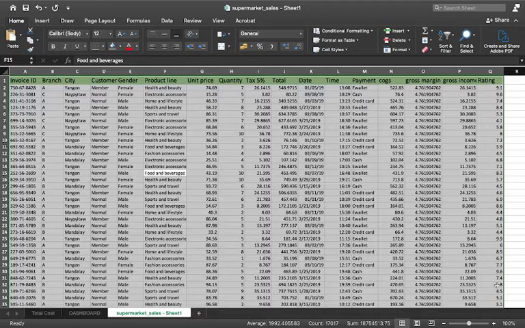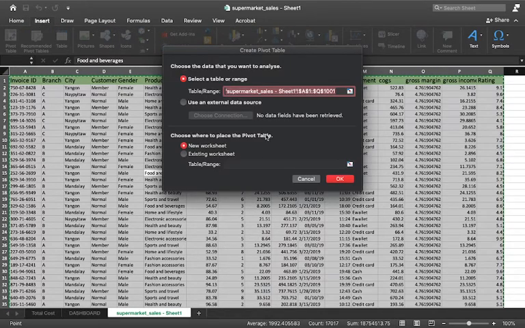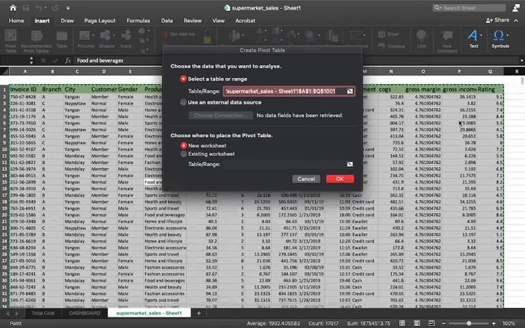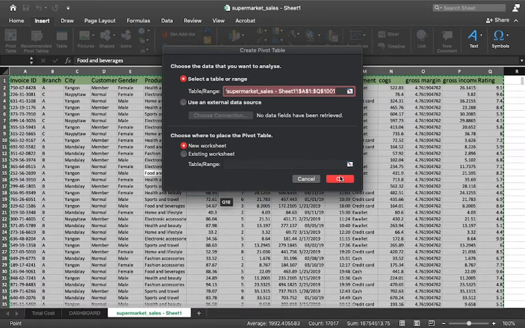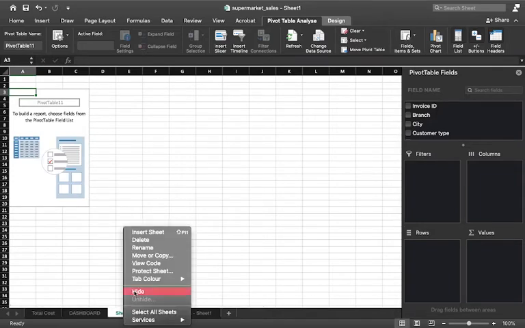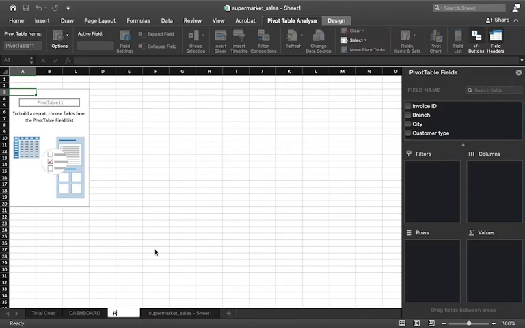So we have this rating here, right? We have the rating here, and I need to find the rating of each product city wise, right? So let's create a pivot table for that. I'll just click on pivot table, and it has already selected my table. If you can see these dancing arrows selection across my table, and I again click on new worksheet and click on OK. I'll rename the sheet as, say, rating, because here we are finding out the rating, right?